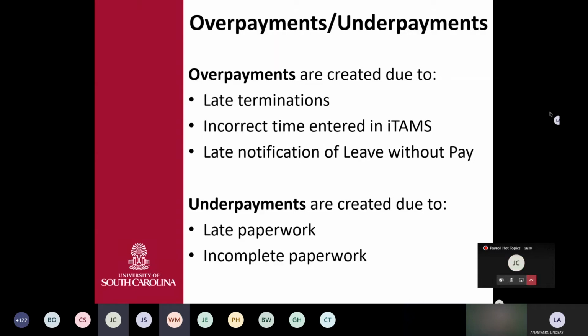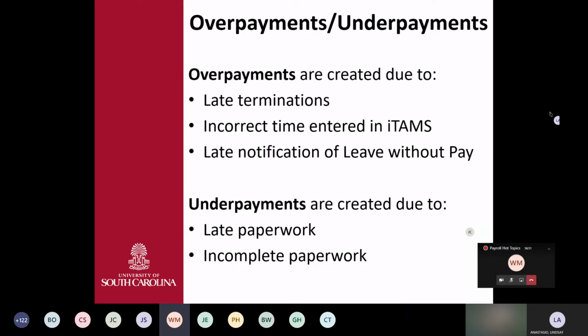Okay. The next section is underpayments. And once again, it all comes back to paperwork, especially in the summer. Underpayments are probably more of an issue for us in the summer with the summer paperwork, where we're making sure that we have all the positions listed that the employee expects they're getting paid for and that they're actually set to get paid for. So when you're talking to the employee from a summer perspective, make sure they understand how many classes they're being paid to teach, or how many classes they're being paid to assist in, so that they have a true anticipation of what their pay should be.